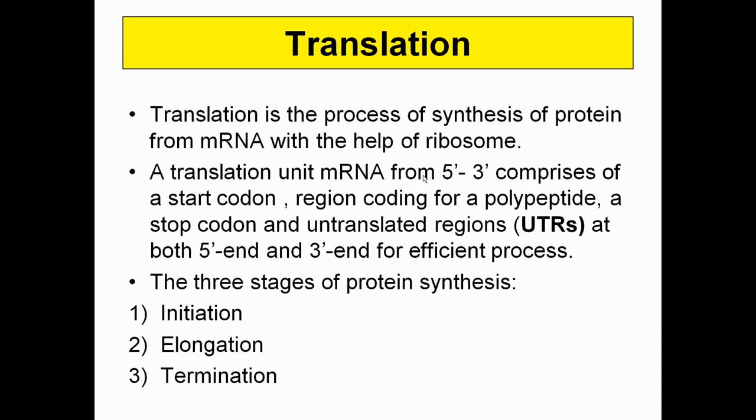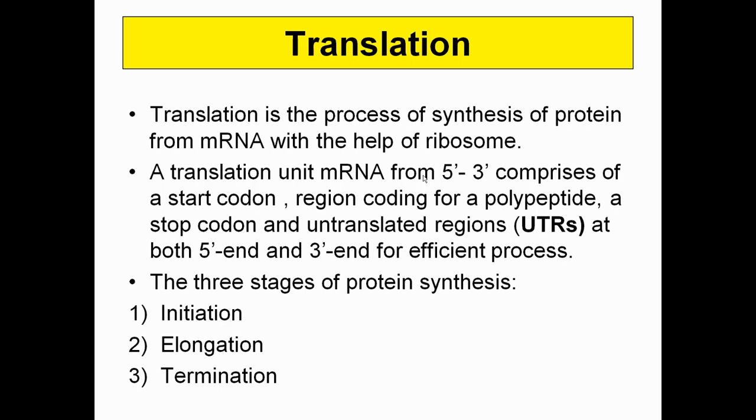So there will always be untranslated regions, that is UTRs, and UTRs are very, very important. The abbreviation has been asked in numerous CBSE board examinations, so you should clarify this term first. At both ends, the 5 prime end and 3 prime end, there are regions which are never encoded for a particular amino acid, and these regions are referred to as what? That is UTRs, untranslated regions. They will be present at both ends, as we have discussed in transcription.